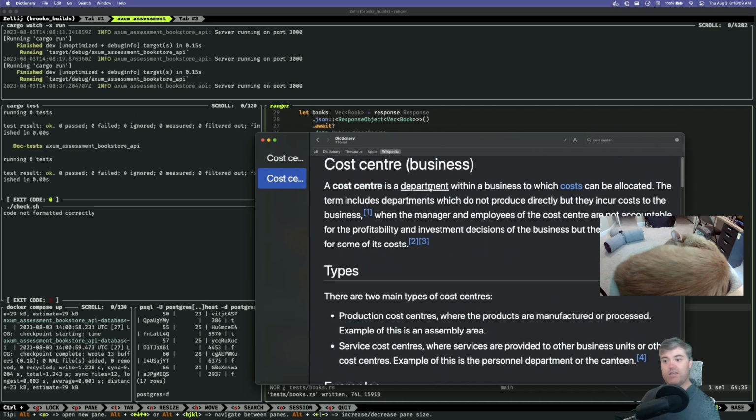A cost center is a department within a business to which costs can be allocated. The term includes departments which do not produce directly, but they incur costs to the business. The manager and employees of the cost center are not accountable for the profitability and investment decisions of the business, but they are responsible for some of its costs. So this is something that is